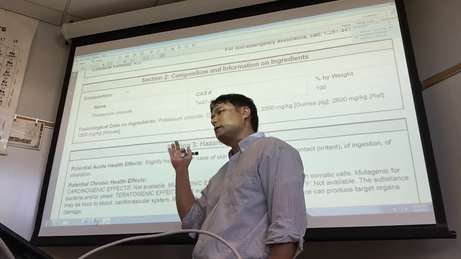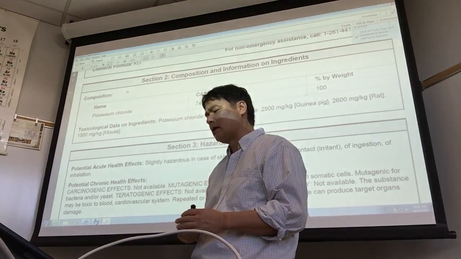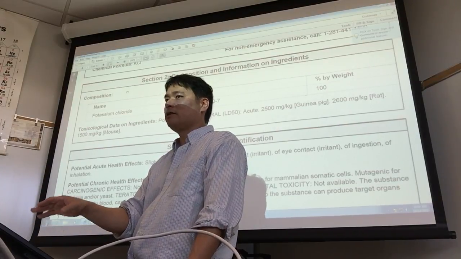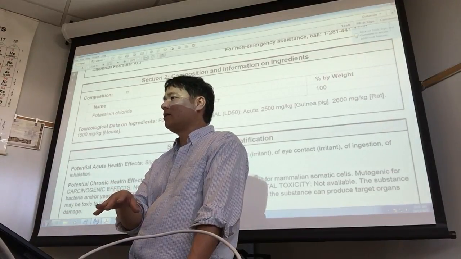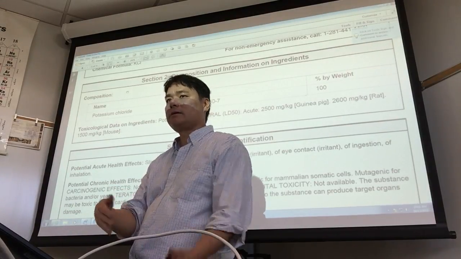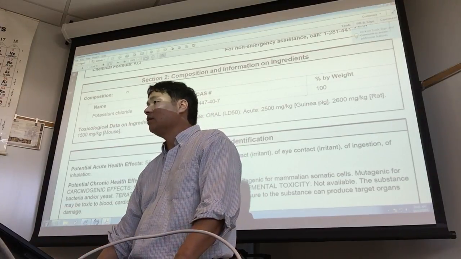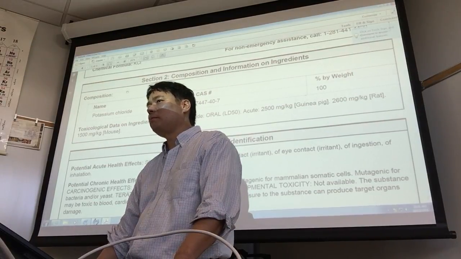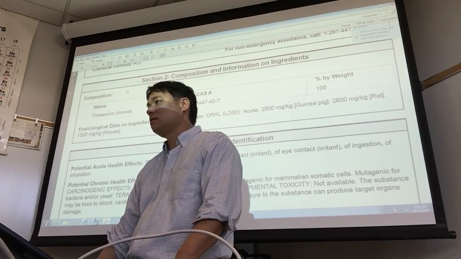So when you read these things, you have to put it into a wider spectrum. And in fact, you have to narrow it down because to keep themselves safe from liability, all the chemical companies are going to treat every single chemical as being toxic. And this way, if anything ever happens, they say, well, we warned you, right? But then you have to go back and look at almost everything that we deal with. When you fill up your gas tank with gasoline, you're exposing yourself to carcinogens, mutagens, and teratogens.